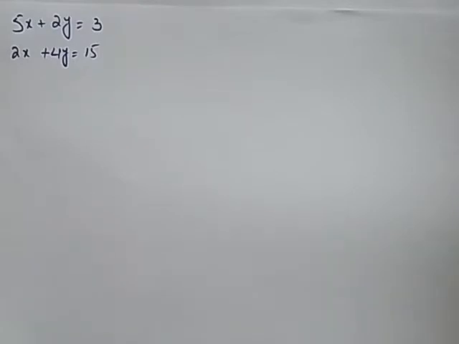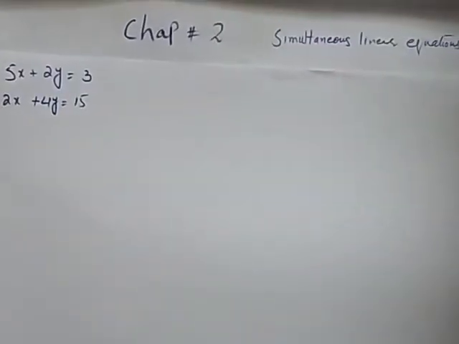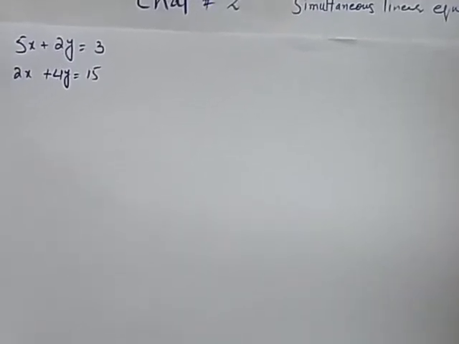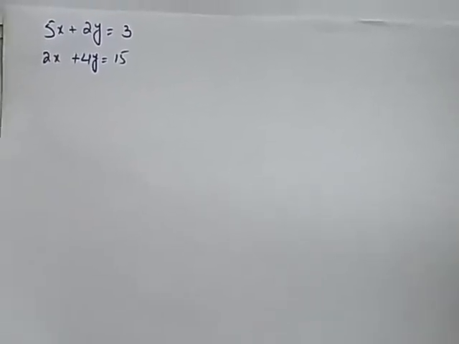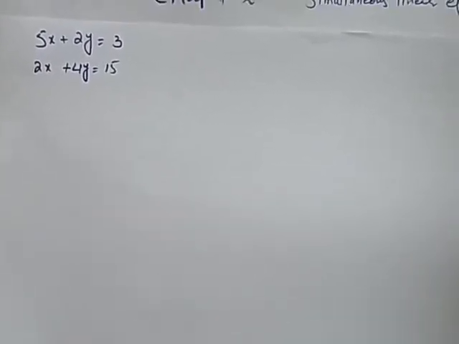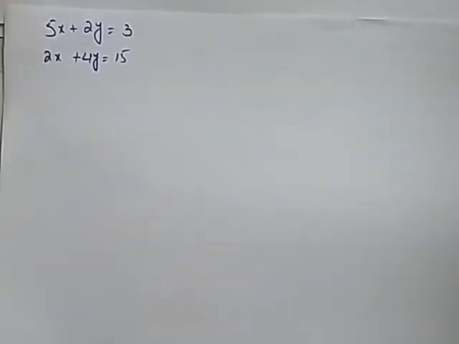So as you know, today is the last lecture of this chapter and we are doing the substitution method, as previous lectures were about the elimination method, and this week we have started the substitution method. As I told you in the previous lecture, substitution means you have to substitute one variable with the other one. This is chapter number 2, the chapter of simultaneous linear equations. You can see two equations in front of you, and we have to solve them using the substitution method.